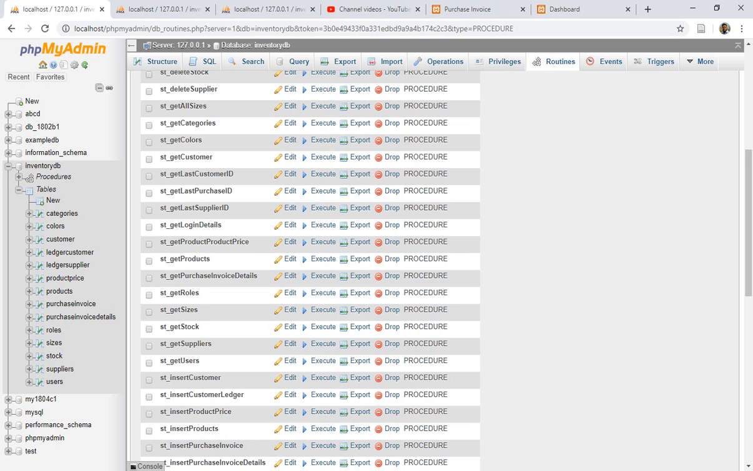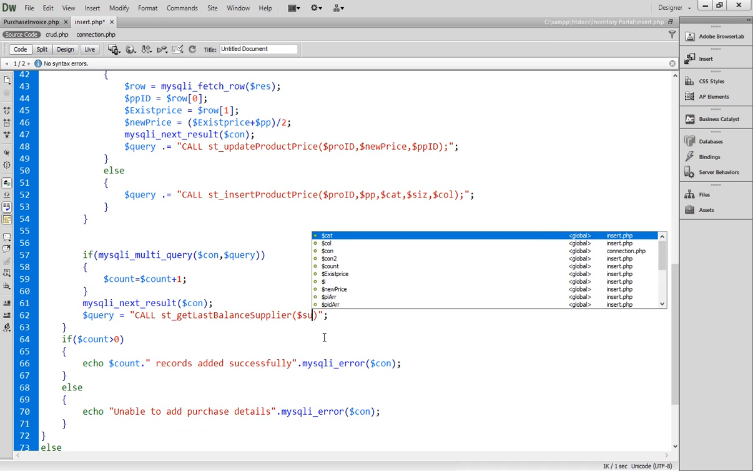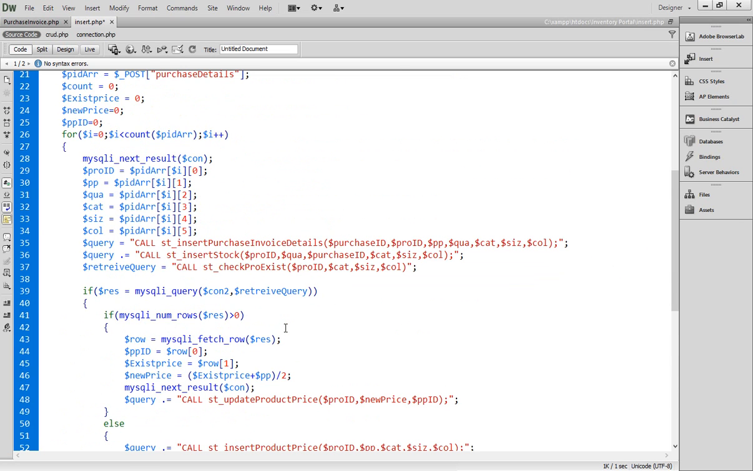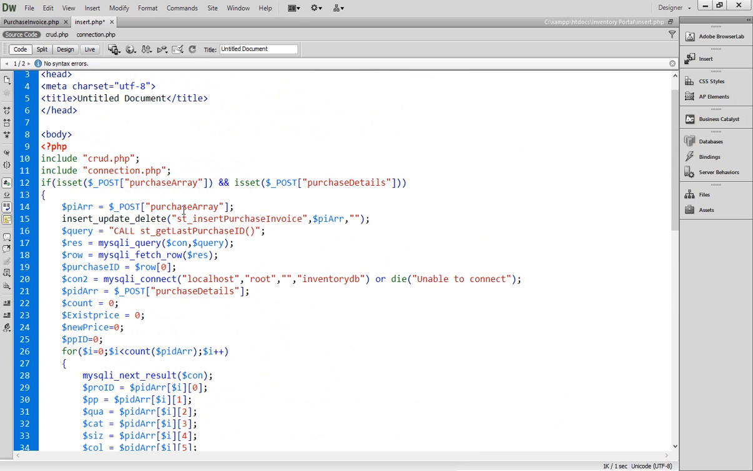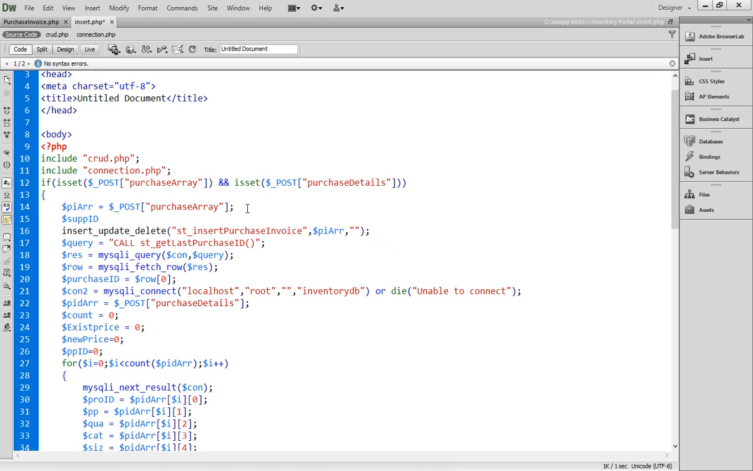So we have updated the stored procedures. Now I have to pass the supplier ID. So dollar supplier ID. Do we have the supplier ID? No, we don't have the supplier ID. So where is basically the supplier ID? You see, we have used the supplier ID inside this PI underscore ARR. Okay, so how can I get that? Let's create a variable that is supplier ID is equals to, let's go to the purchase invoice and show you,